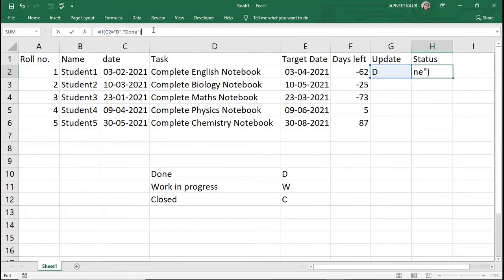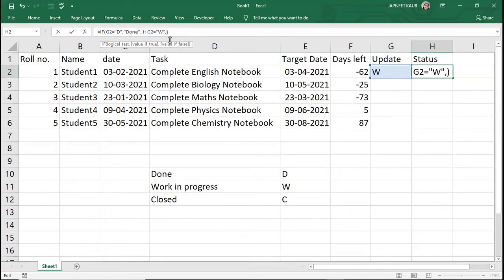And now let's close this. Let me show you till over here only. So it's showing done. But if I select W, it's giving us the false value because we have not given anything yet. For that, I'll take up one more value as if my this G2 is equal to, if it is not equal to D, then the second condition runs that if it is equal to W, then it will say that now I'll write if condition again over here.